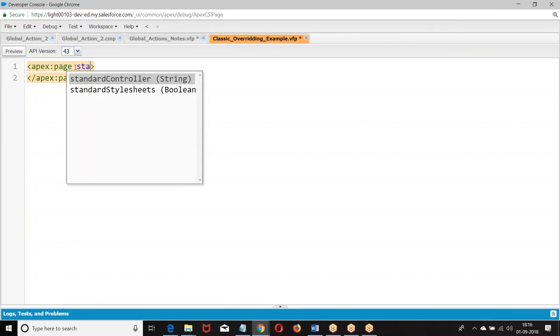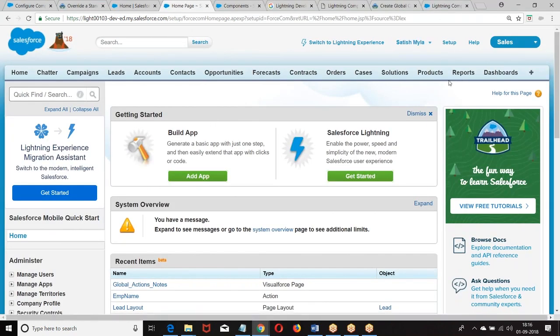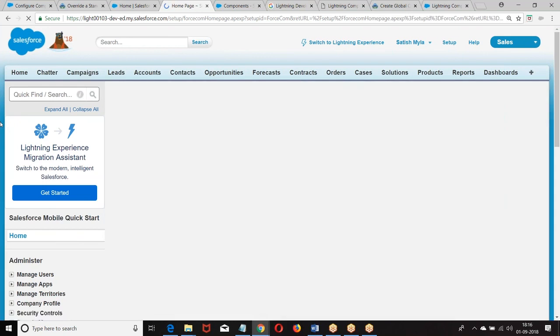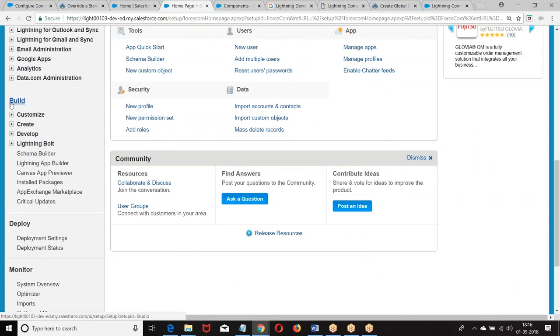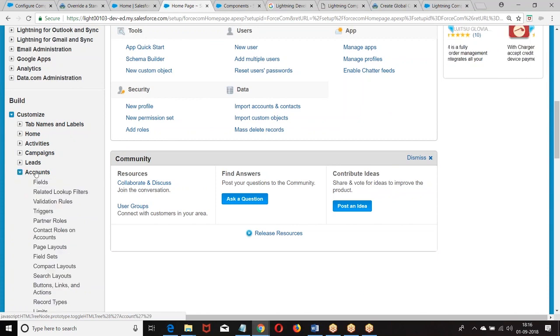I defined here standardController equal to account. Go back to this. Setup, Build, Customize, object. So go to the object.